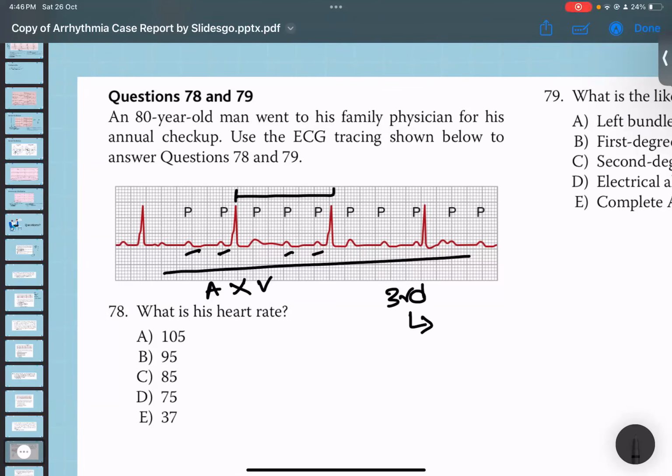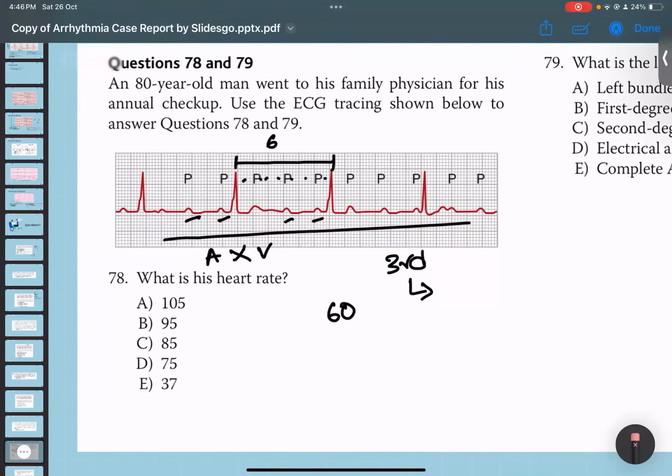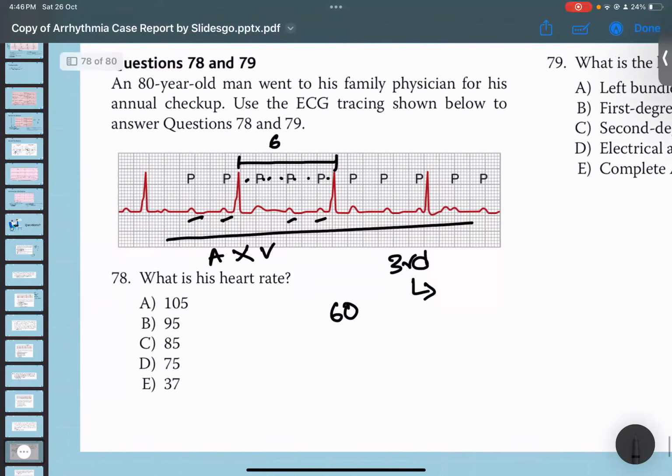How would you do it? You will want to measure the R interval between the QRS complexes, right? So R interval of the QRS complexes, 1, 2, 3, 4, 5, 6. Sorry, 6 times 0.2, which is 1.2, I think. And then 60 divided by 1.2 is 50, around